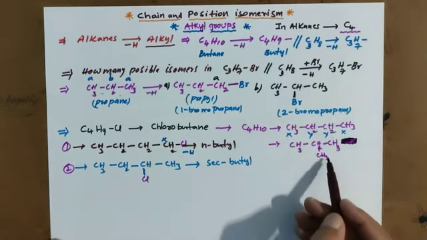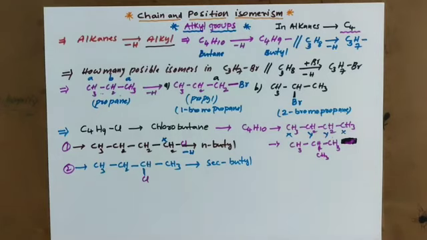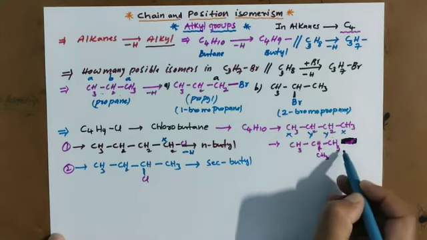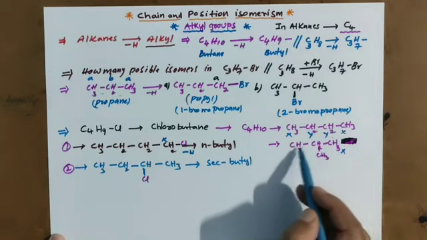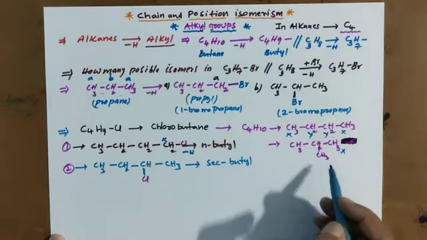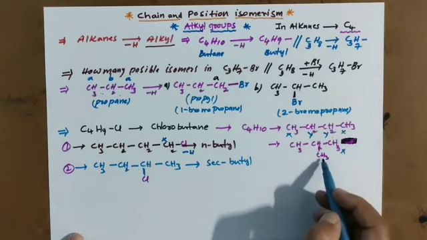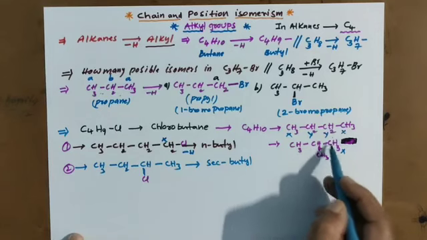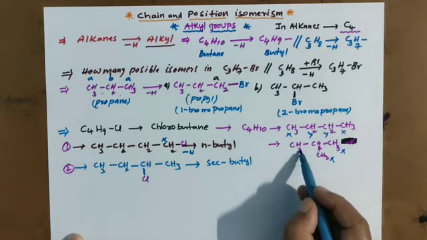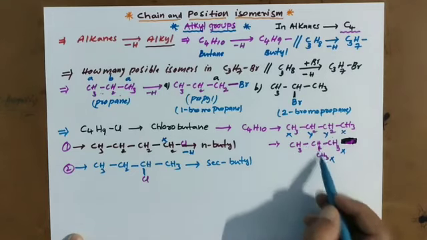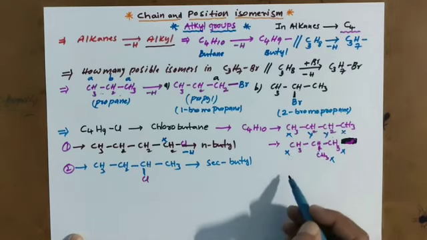Now let me go for isobutane. In isobutane, how many types of carbons are there? Let me test. Go for this methyl group X, bonded with 2 on this side chain. And go for this methyl, bonded with 2, with 1 methyl on this side. This is also the same. And this one, bonded with 2, is the same, and this is also the same.